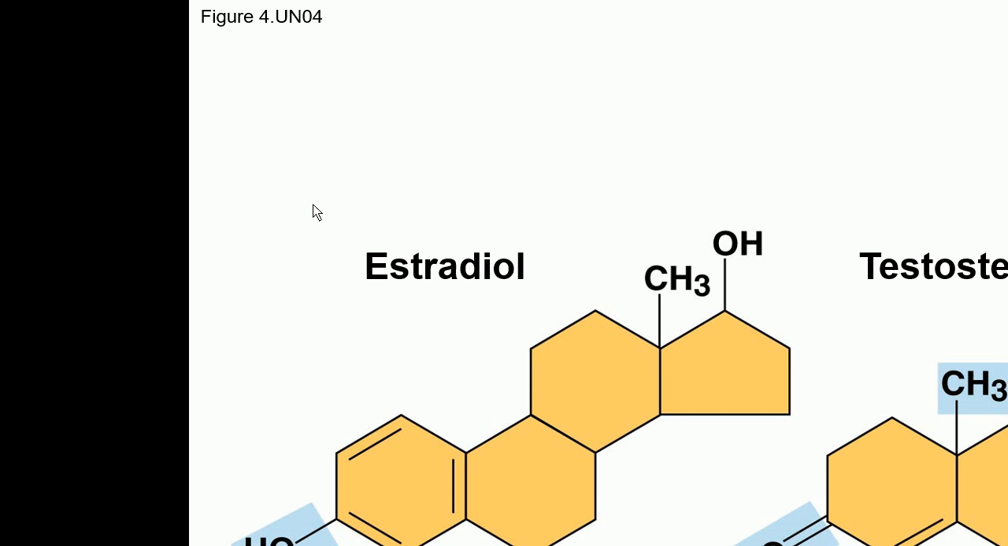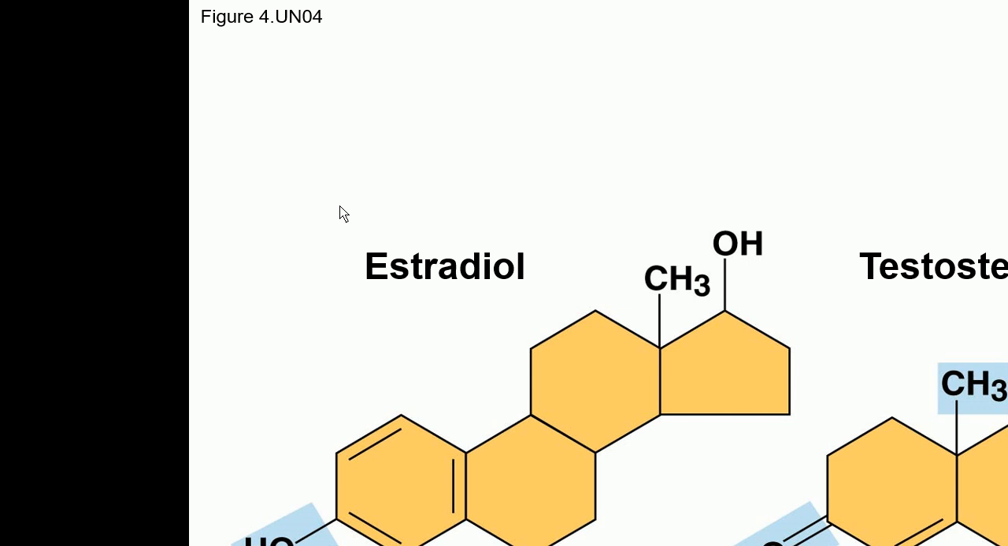So you can see here in the estradiol there is an OH group here, in testosterone there is an oxygen here. And in the testosterone there is a methyl group here and there is no methyl group here in the estradiol. So basically these two hormones